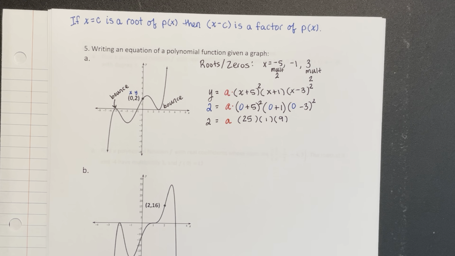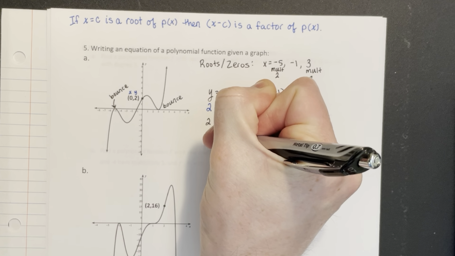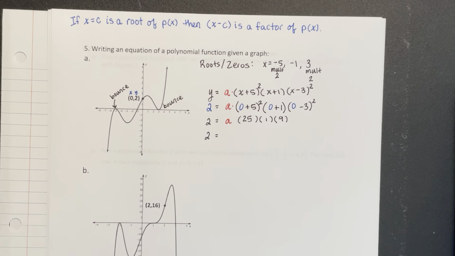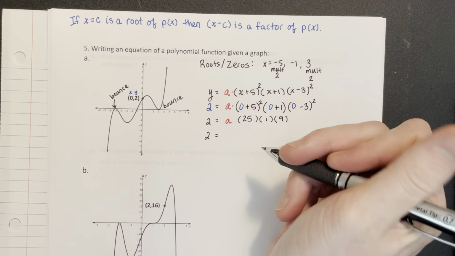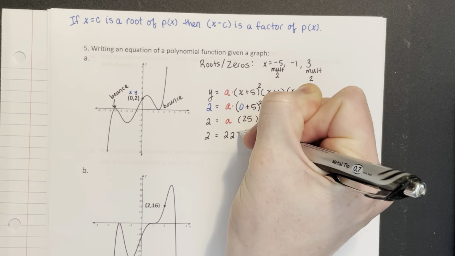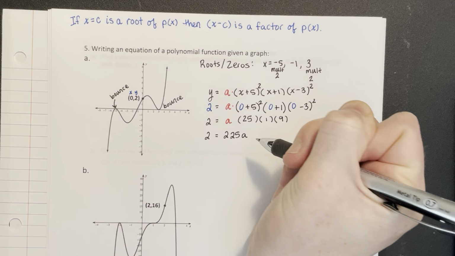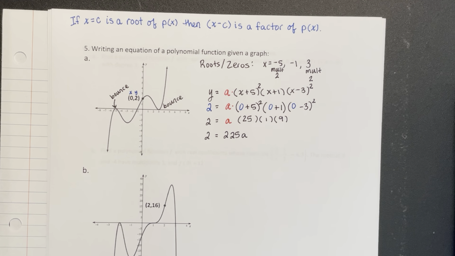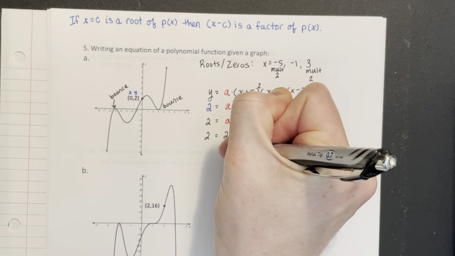So we have 9 times 25 to work with. 9 times 25 is, let's see, 200, 225. So if I divide by 225, we get a equals